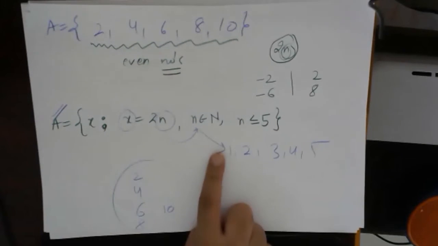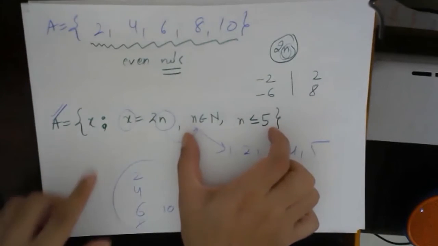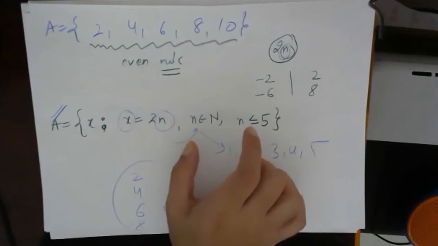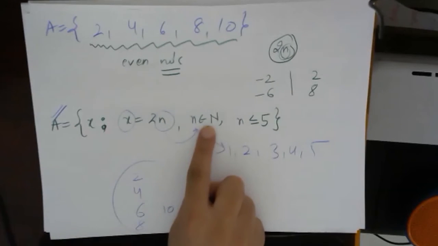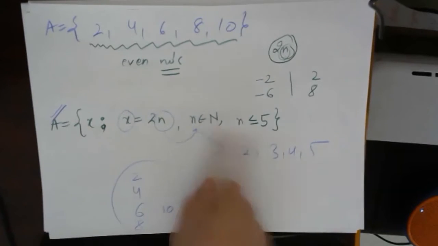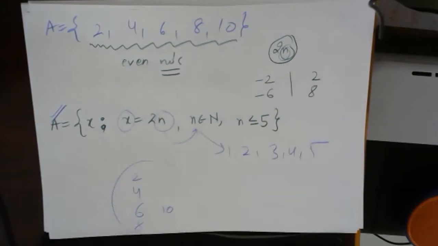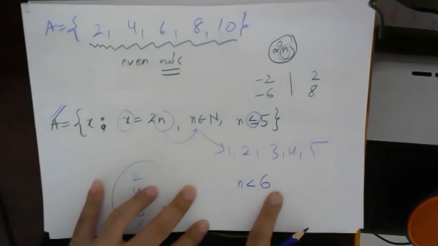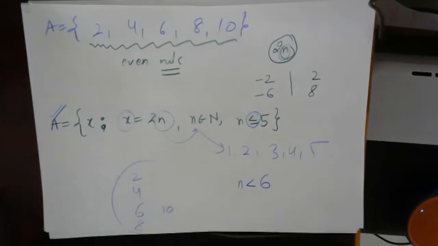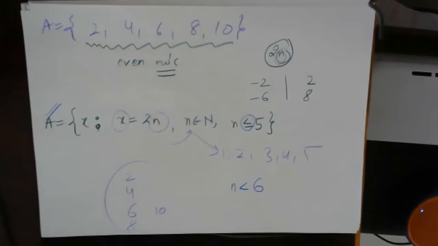Okay, this part is okay. Now see, natural numbers do not have 0, so we won't have any contradiction. This cannot be 0. It will start from 1: 1, 2, 3, 4, 5, maximum of 5. Suppose instead of equal to, you were taking less than, you could have written n is less than 6. Again it would have taken 1, 2, 3, 4, 5. Understood? So this will contain only 2, 4, 6, 8, 10.